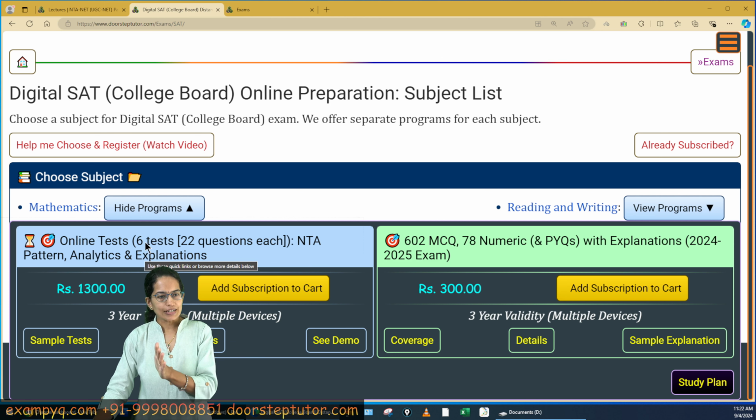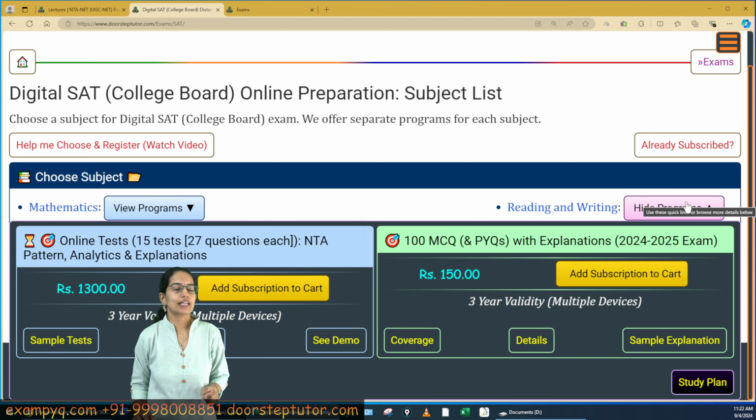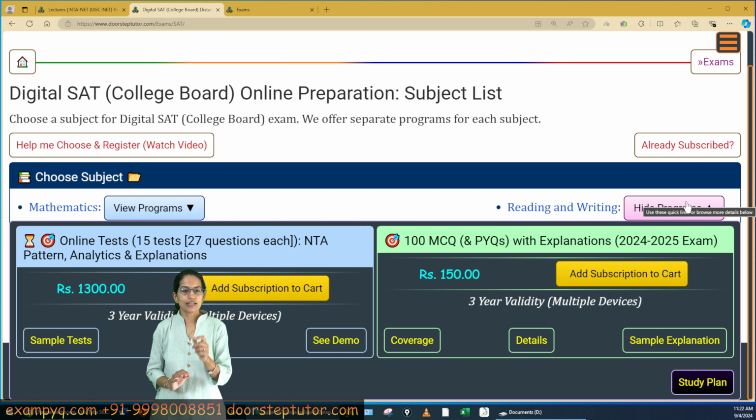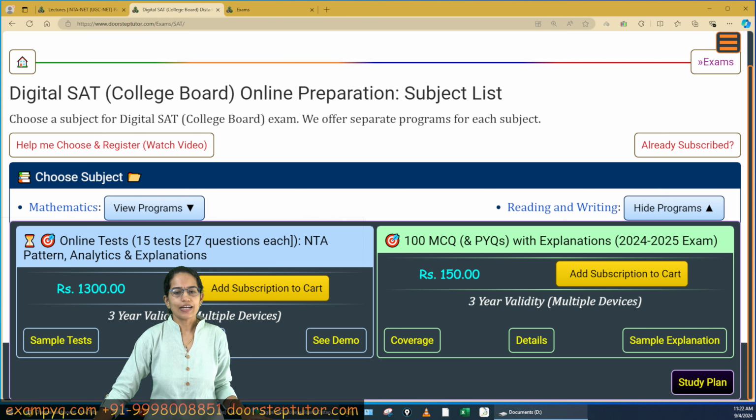So you can practice as much as you can, and in mathematics you would have the MCQ as well as the numeric kind of questions. You can practice both kind of questions which are available here. The questions for reading and writing are devised as per the standard convention in English pattern. So you can actually go through and check the questions here.